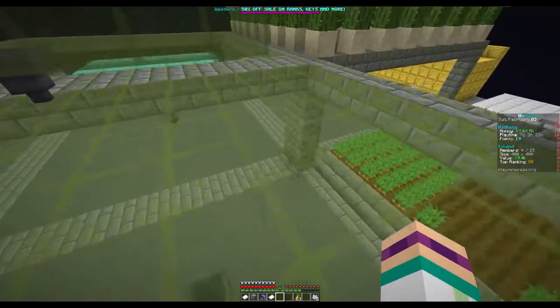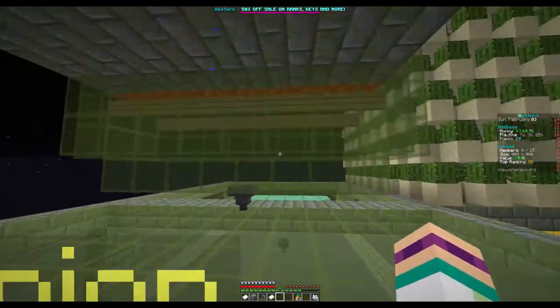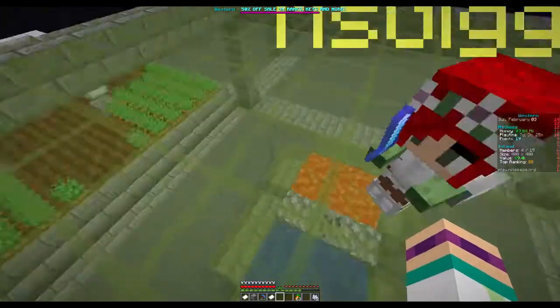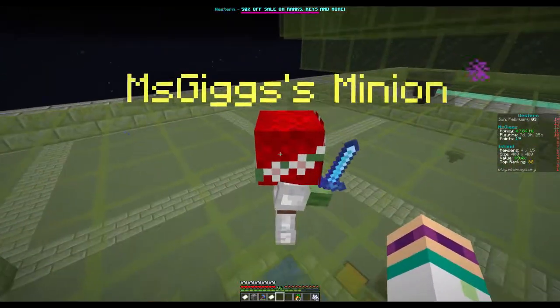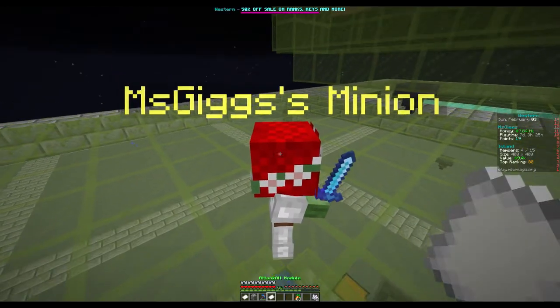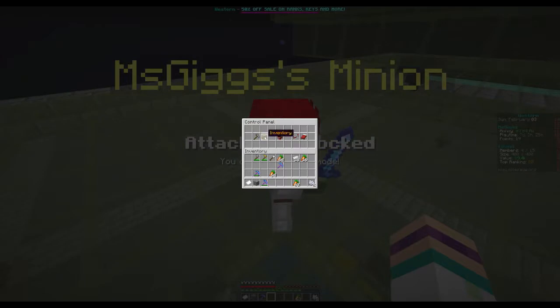If I push the magma cubes in front of her, she killed them. So in that mode, she's okay. If I had her sitting in an area where the mobs were coming directly in front of her, she would kill them and that would be fine. However, if I upgrade her to attack all and then activate her attack all, when we get...